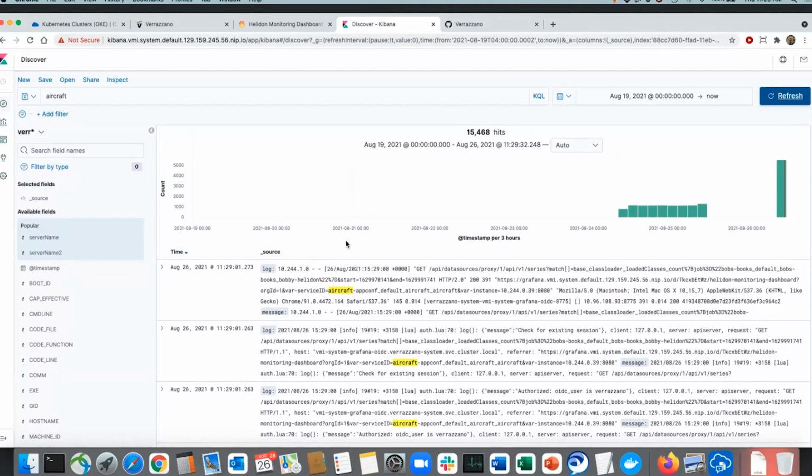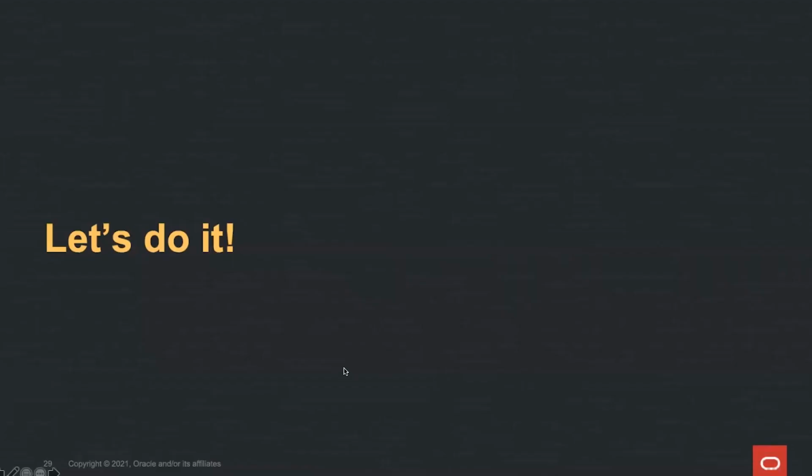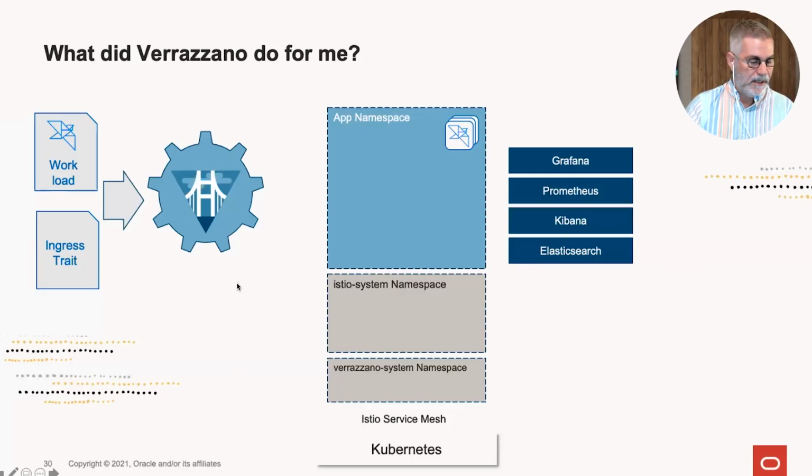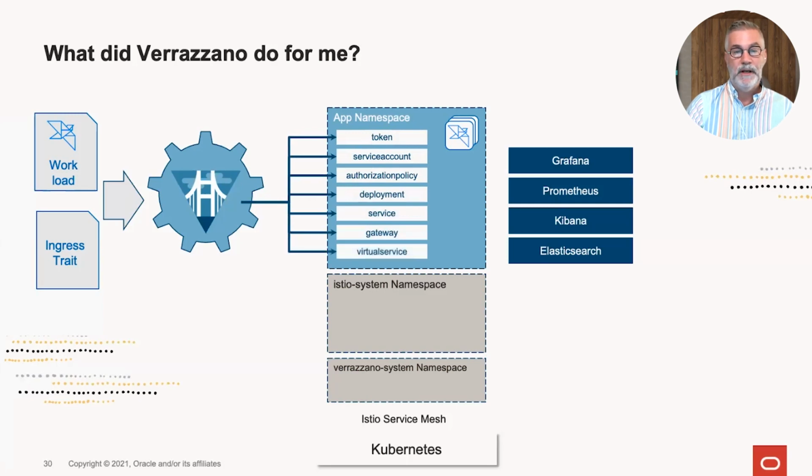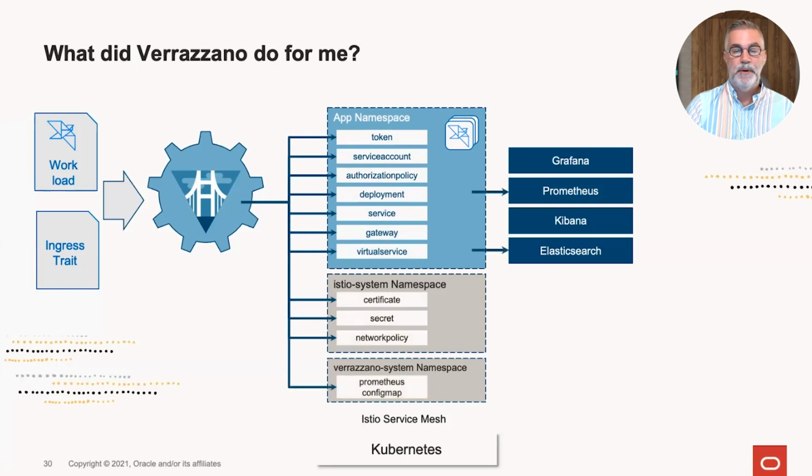So let me switch back to slides. Let's wrap this up, right? So again, we deployed a workload type, the Helidon workload type with that ingress trait. Verrazzano did a bunch of the heavy lifting for us, right? Got a token, created a service account, created an authorization policy, created a Kubernetes deployment, a Kubernetes service, created a gateway, created a virtual service. It got a certificate for the application because we need mutual TLS, put that certificate into a secret, created that network policy for us,